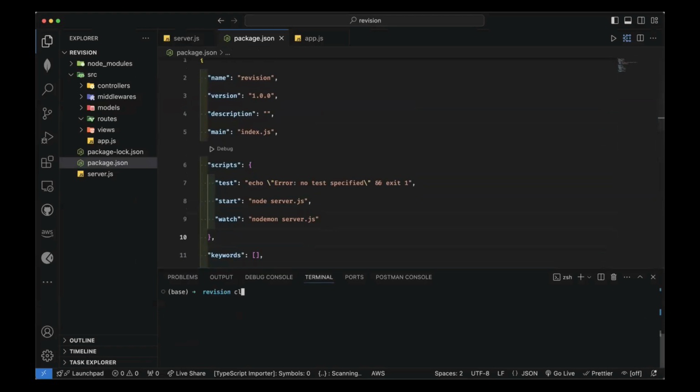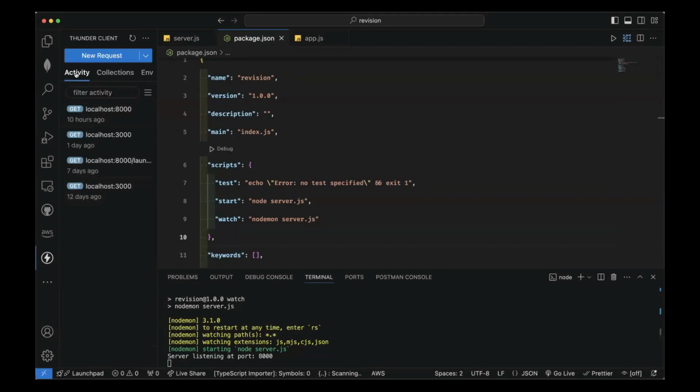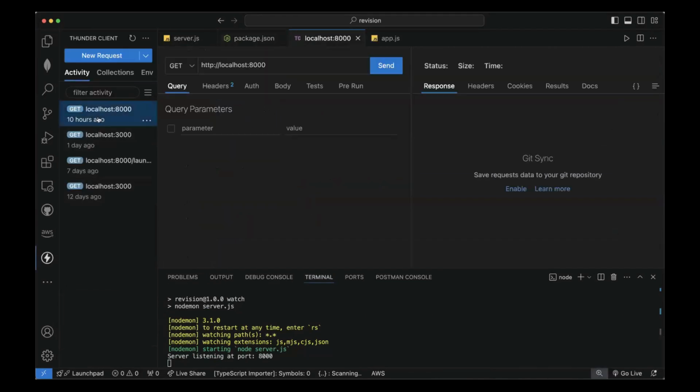All right, but then you can do your stuff. So we're going to say npm run watch, and let's see what happens. All right, so that was good. That worked fine. Okay, so I have our server running. And if we open Thunder Client and try to go for 8000 get,